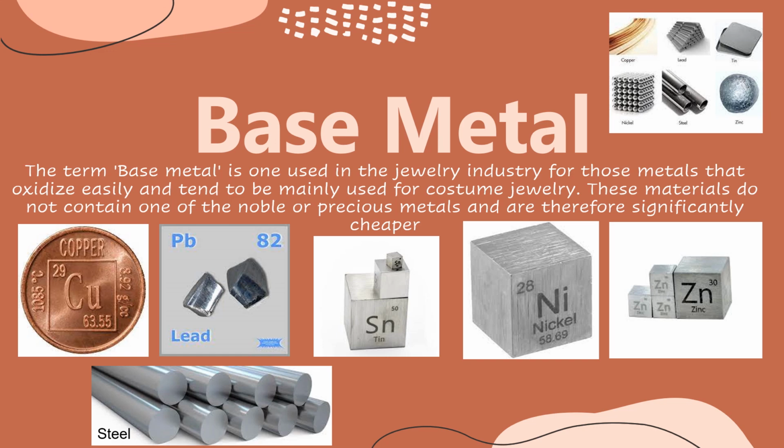Base metal. The term base metal is one used in the jewelry industry for those metals that oxidize easily and tend to be mainly used for costume jewelry. These materials do not contain one of the noble or precious metals and are therefore significantly cheaper. Any metal other than gold, silver, or platinum, which are all considered precious metals. Examples would include brass, bronze,